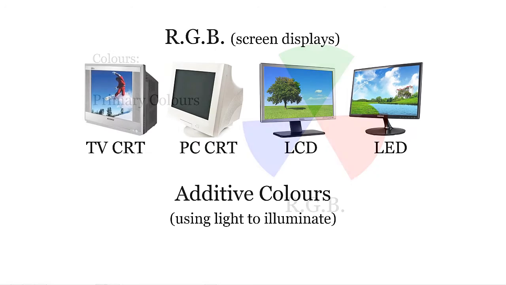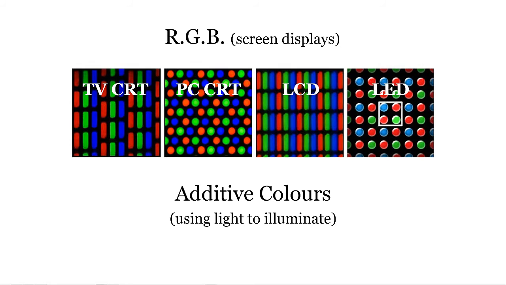We call this additive colors, and they exist on all the electronic devices today, from your good old CRT TV on the left to the LED screens. They have the three primary colors. If I were to magnify the screen, this is what you'll see. All the pixels are sprinkled with red, green, and blue colors. Millions of colors would be reproduced if they are illuminated with a backlit light.